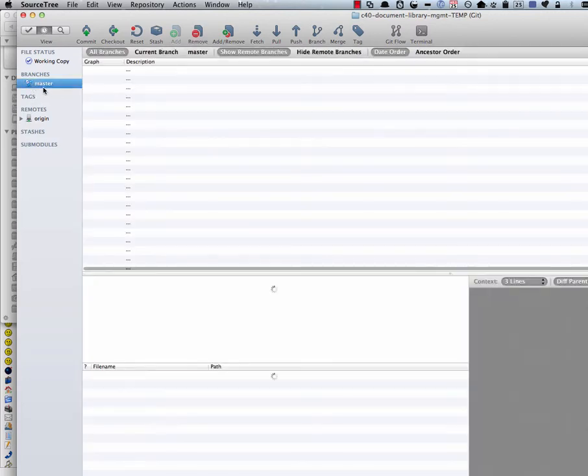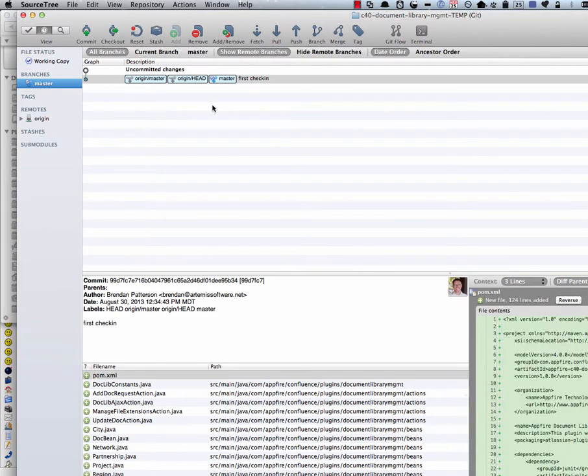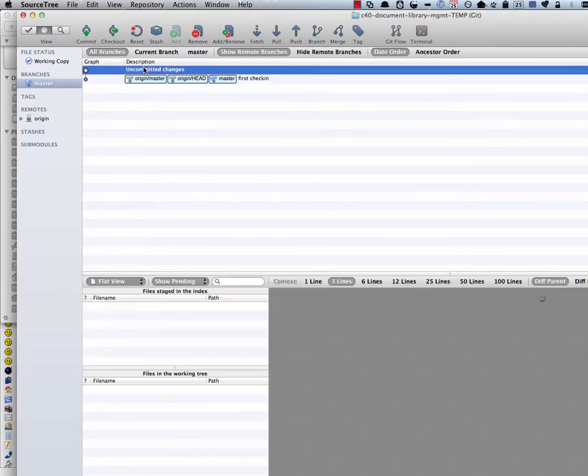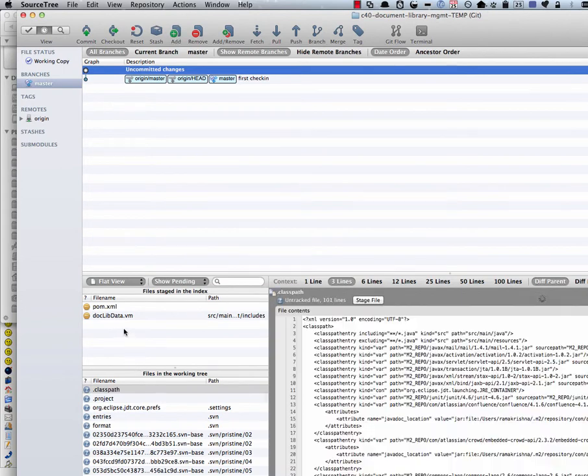So if we look at our master branch here, these are all the check-ins for this repository. So the only check-in so far was just the first check-in I did. These are the uncommitted changes that we were just looking at. So we've staged these things. So now let's go ahead and click on,